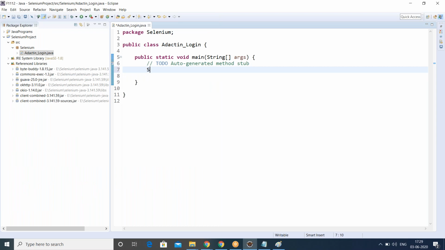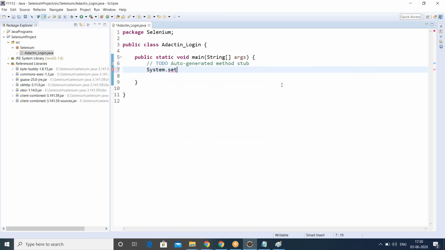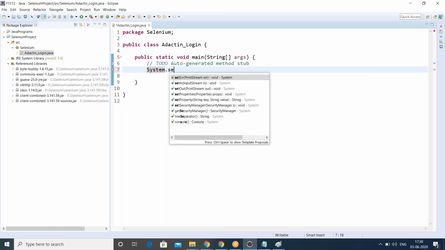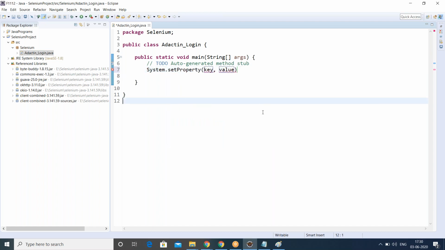So I'm going to write here. If you remember, you guys can tell the code. System dot setProperty. The key value is webdriver. We should write webdriver dot chrome dot driver.